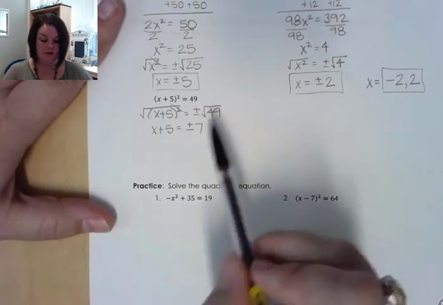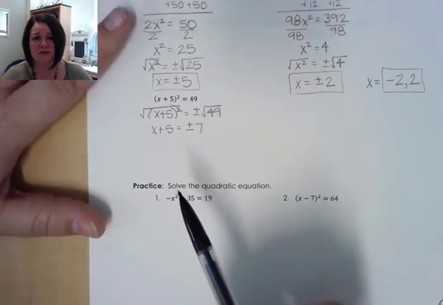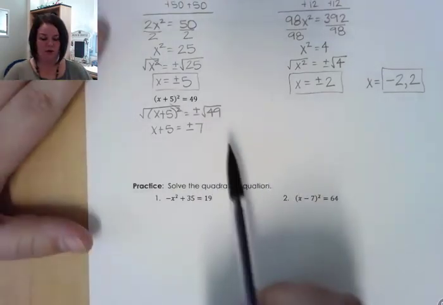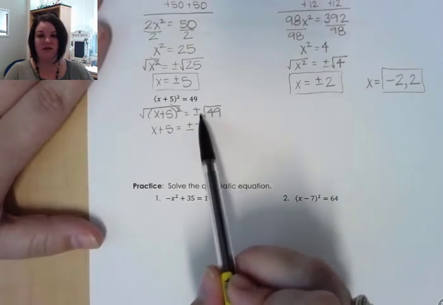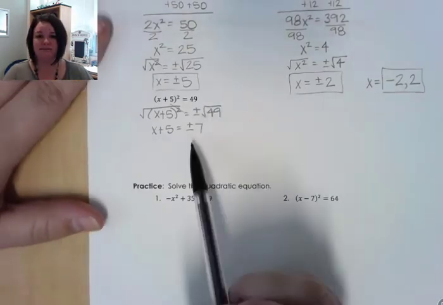Notice once I simplified the square root, I don't need the square root symbol anymore, right? I noticed that on some of y'all's worksheets. Once you simplify the square root, that symbol's gone. Okay. All right,